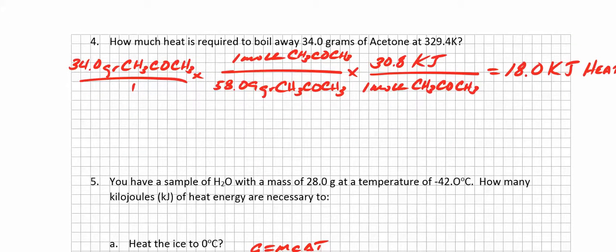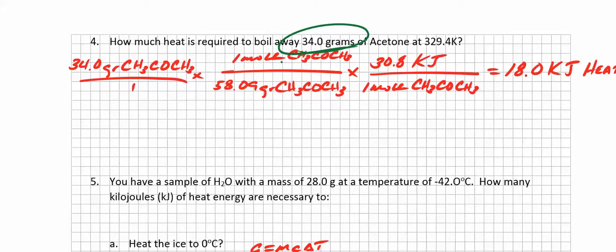Number 4 says how much heat is required to boil away 34.0 grams of acetone at 329.4 K. Notice the 329.4 K just tells me at what temperature the boiling occurs, but it really doesn't figure into the problem. The important thing is I'm starting with 34 grams of acetone, so I'll start there. 34 grams of acetone over 1 times the molecular weight of acetone, which is 58.09 from the chart, 58.09 grams of